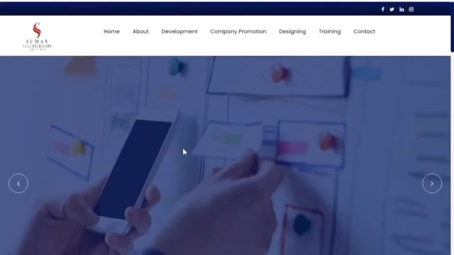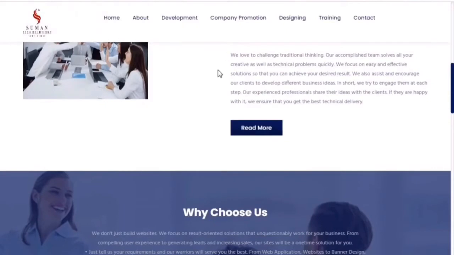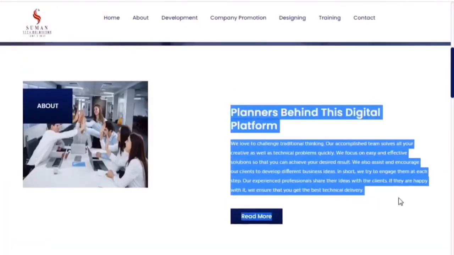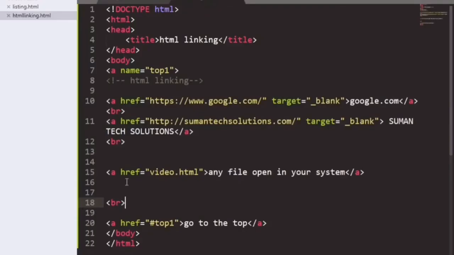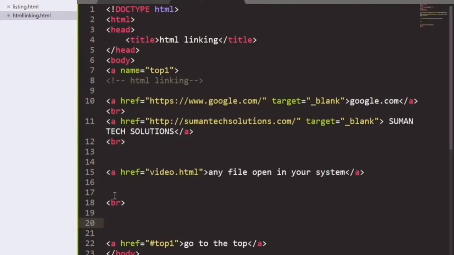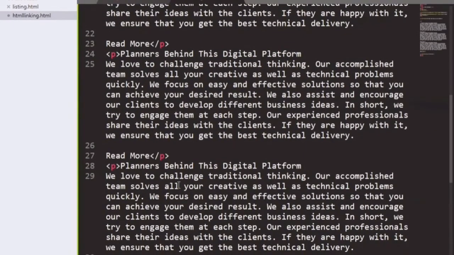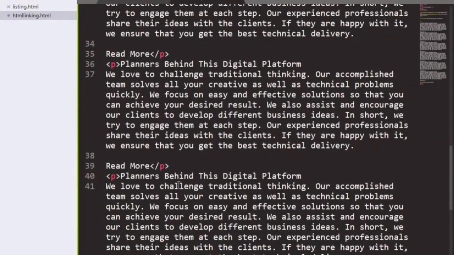As we have opened our Suman Tech Solutions website, we will copy our content from here and paste it here, because going to the top is not being explained properly. We will give a heading and paste that content the maximum number of times, so that there is scrolling in our web browser page. Like this,